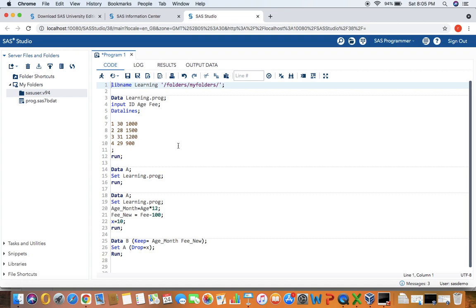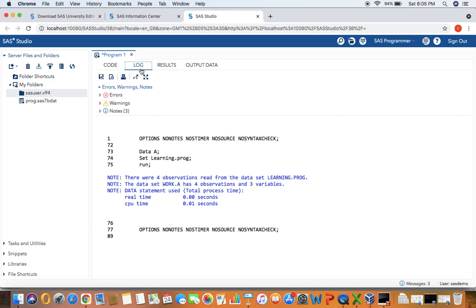Okay, so this is how it looks after we have downloaded VirtualBox and start using SAS on the online platform. This is how the program window looks. If I talk about SAS windows, you will have a code window. This is the code window where you can write and execute your code. This is the log window where you can see if there are any errors or warnings, or nowadays SAS has increased the functionality and there are notes as well. So here SAS will tell you how many observations were read from a particular data set, and how many observations were written to a particular data set. So that's how it goes. We will cover this part, don't worry.